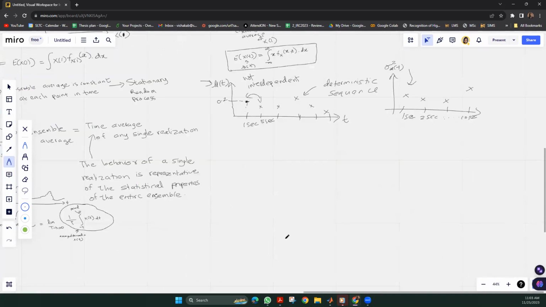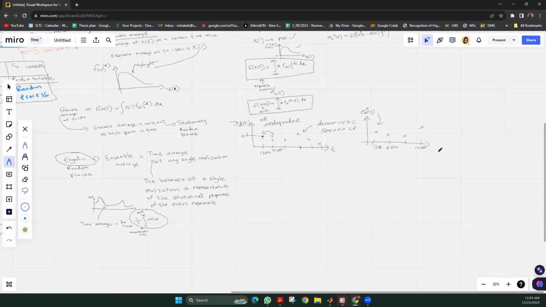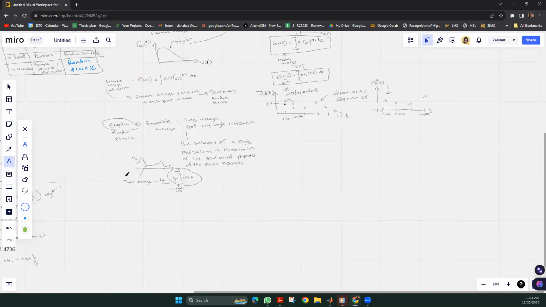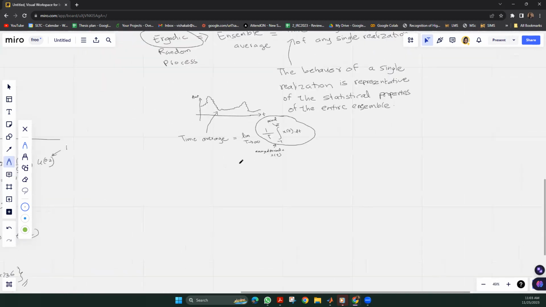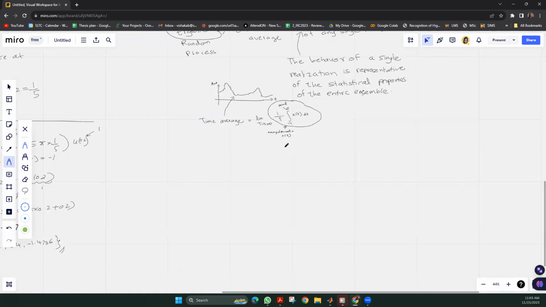So in cases where we want to find the interdependency between two signals, two realizations, or two points in the same realization, we can find the value of the statistic called